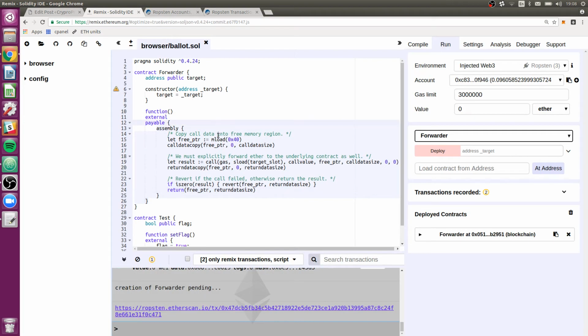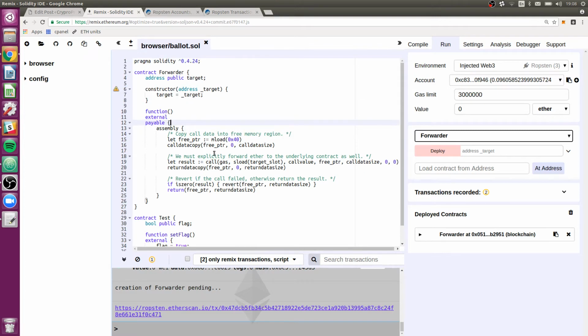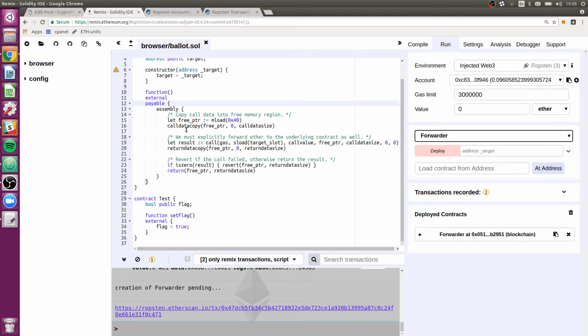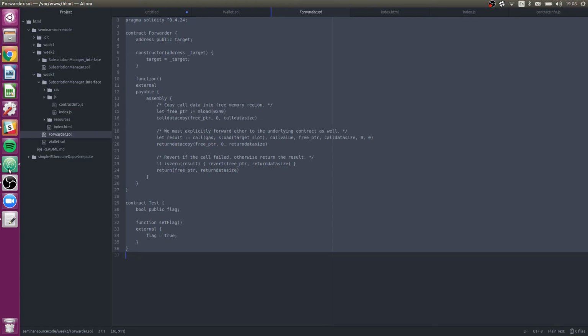And so yeah, back to this question of if the forwarder contract doesn't have this set flag function as part of its definition, how do we form the command in the first place to actually send that set flag command to the forwarder so that it does get forwarded wherever it's going to go? And the answer, which I'm happy, I just kind of guessed at this answer and it turned out to be